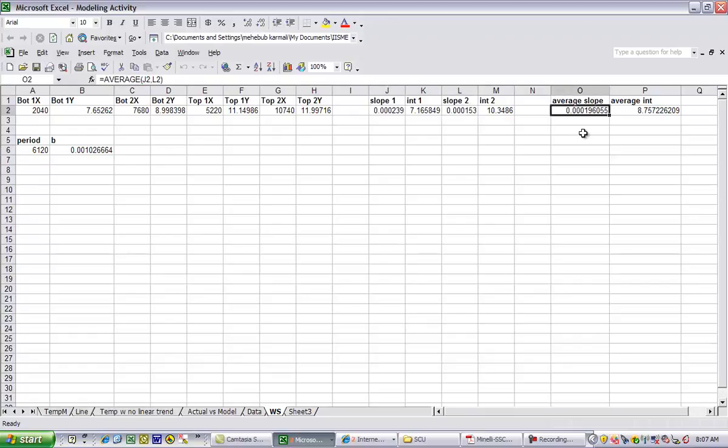You can see the average of J2 comma L2. Remember, J2 means the cell in column J, row 2. So you've got the average slope and you've got the average intercept. All right, one more time. The equation of a line